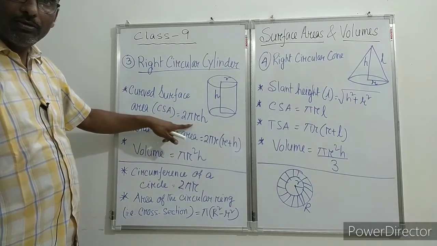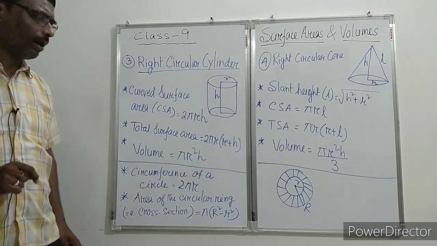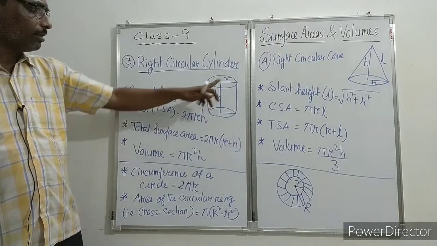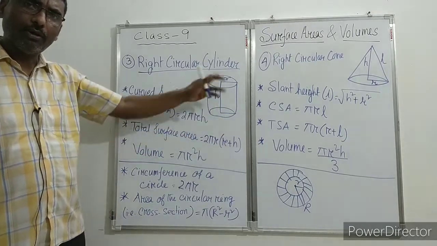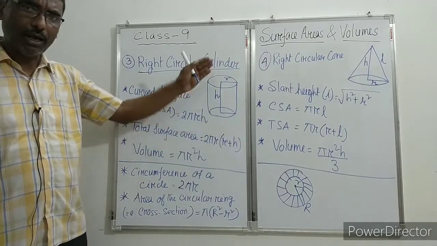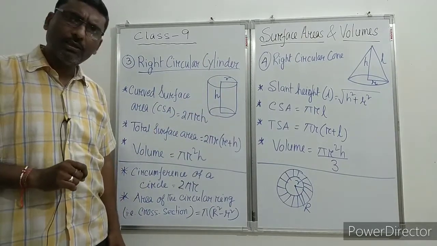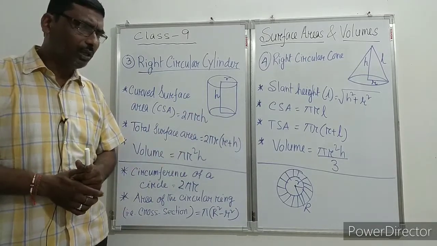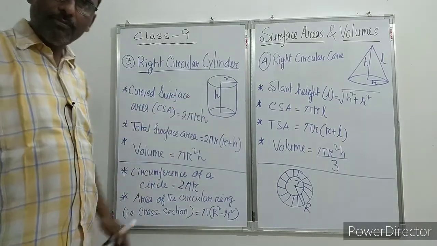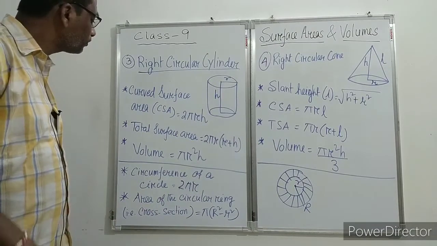The value of pi you know, 22/7, or sometimes it will be mentioned that pi value you have to put 3.14. Then r means radius of the circular ring or pipe or the cylinder, and h means height of the cylinder or height of the pipe. One thing you keep in mind, sometimes while doing the sums you will see a long pipe and the length is given. So that length of the pipe and height of the pipe is the same thing, remember it.